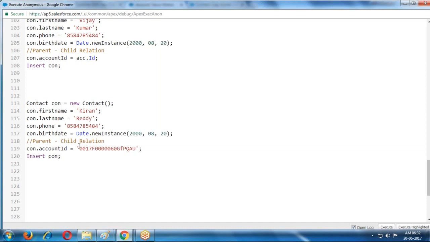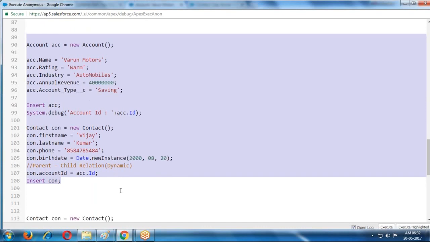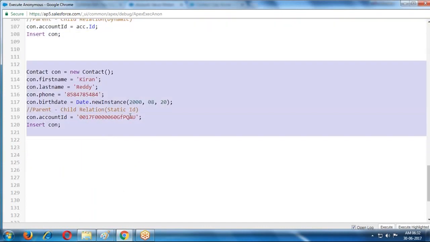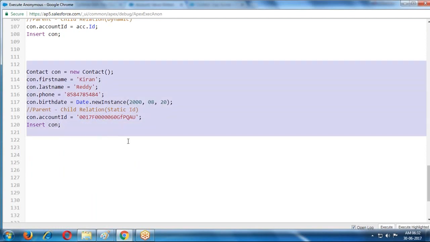In this case, the ID is a static ID. Here this ID is a dynamic ID, dynamically assigning the values. Whenever we are using dynamic, at that time parent and child both are required. If we are using only static, only the static ID is enough. You can provide static ID. You can execute this one.